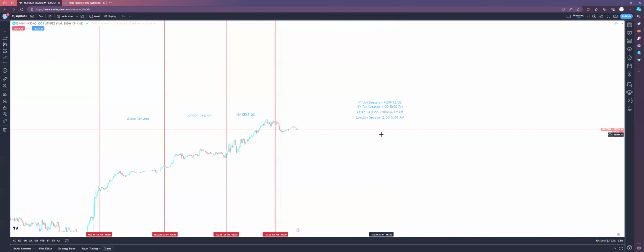Apologies. But nonetheless, I am a New York AM session trader. I only trade the New York AM session, meaning I am on my computer at 9:30, and me personally, I am off of it by 12. The reason why I personally don't trade from 12 until 1 is because on Wall Street, that is when the traders go to lunch. There is a lunch break on Wall Street. So for about an hour, it's not that the market isn't moving, it's not that there's still trades being placed, it's just that volume isn't as heavy. So therefore, that's not something I would want to be a part of.